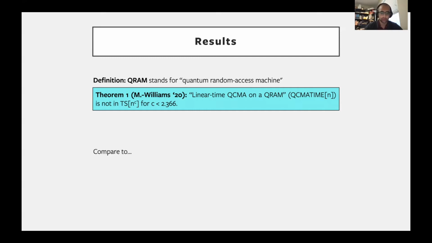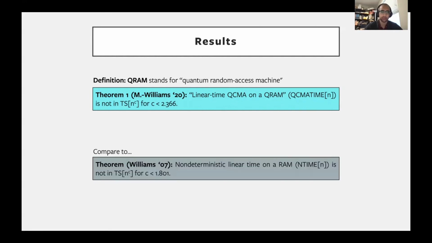And you should compare this to the classical analog of this theorem, which is due to Williams from 07. And it's that non-deterministic linear time on a RAM, or NTIME n, is not in TS n to the C for C less than 1.801. The way you should think about these two in relation to each other is that NTIME n is contained in QCMA time n. And so essentially we're saying, okay, if we make the complexity class in question bigger, from NTIME n to QCMA time n, or bigger probably,